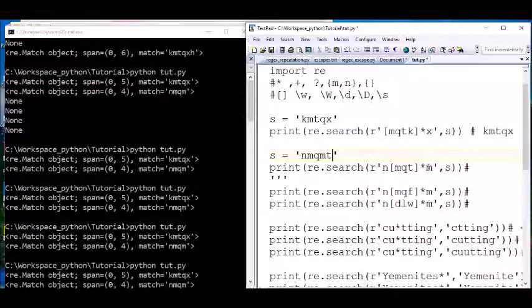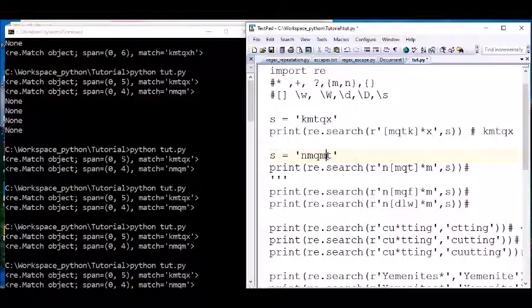This one goes to here. M. Try to match M with something that does not exist here, something empty. So this pattern must end with M. That's the condition. So what the search engine does is backward, rewind, or call it backtrack. Backtrack one character, backtrack one character, backtrack to here.